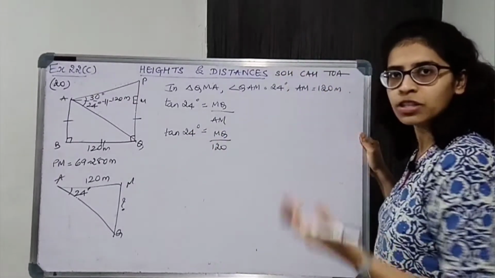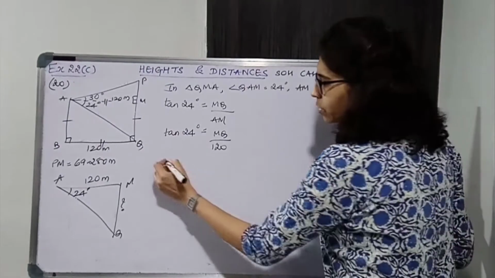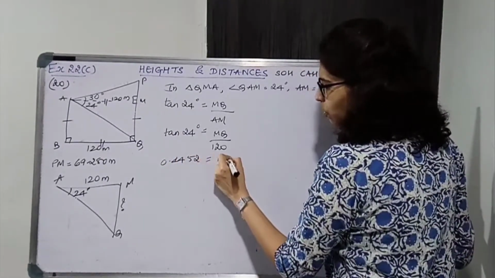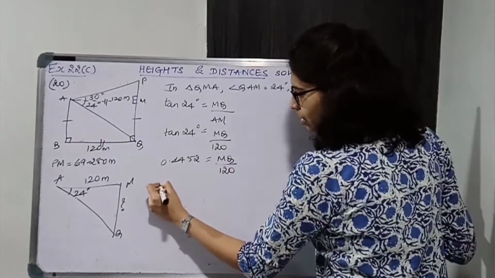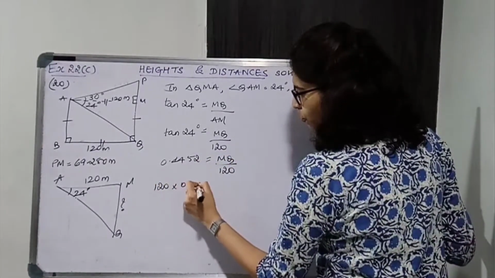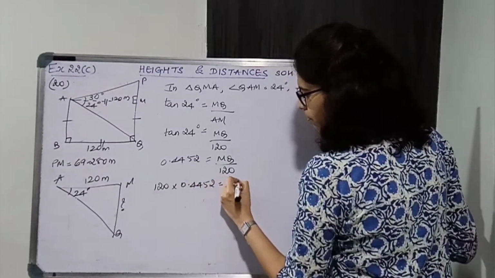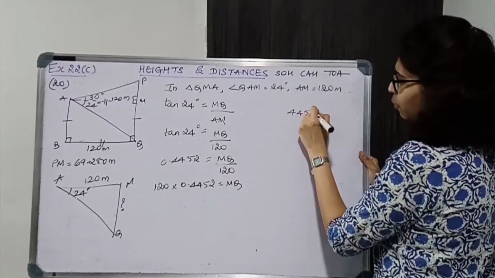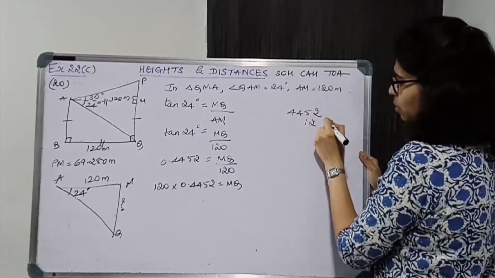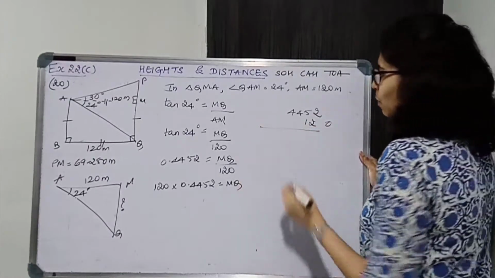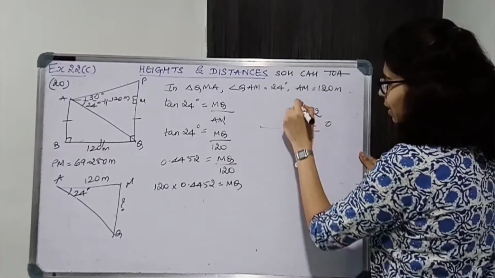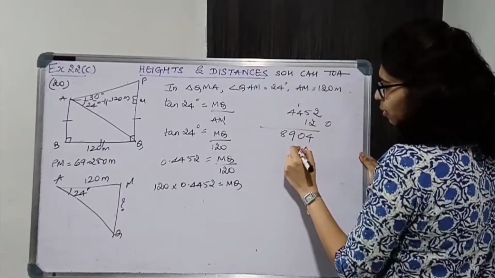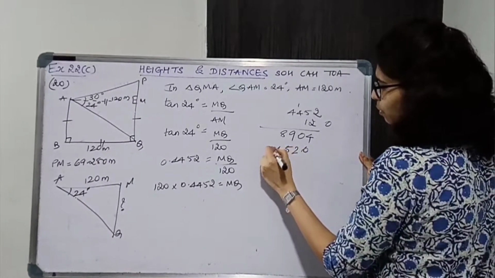Find this from natural tangents ka table. Okay. So this is 0.4452. Okay. Is equal to MQ upon 120. Shift 120. So 120 into 0.4452 is equal to MQ. So multiply this. So 4452 and 120. So 0 हम लोग साइड में रखते हैं अभी. Now 2 2s are 4, 5 2s are 10, 4 2s are 8 plus 1 9, 4 2s are 8, 0, 1 2s are 2, 1 5s are 5, 1 4s are 4, 1 4s are 4.